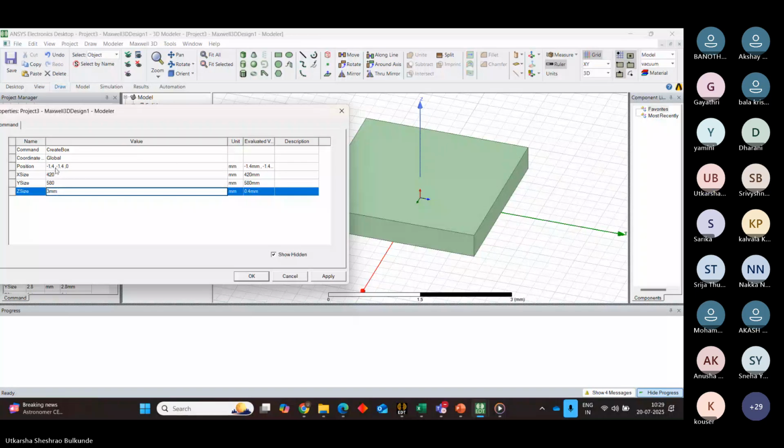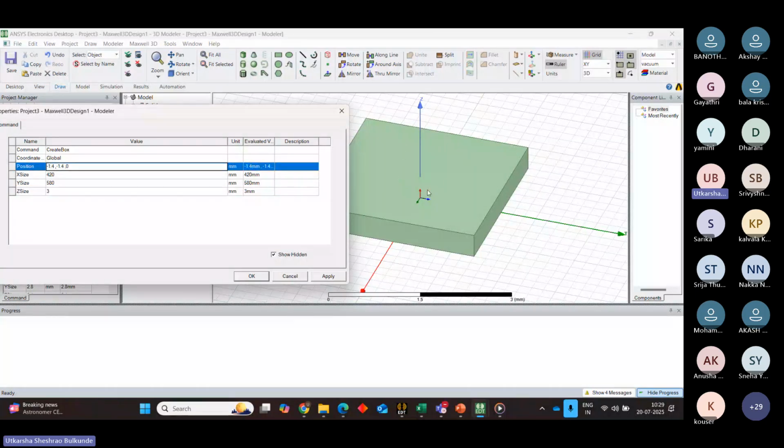I want this coil to be placed at the center, so the positions will be minus 210,